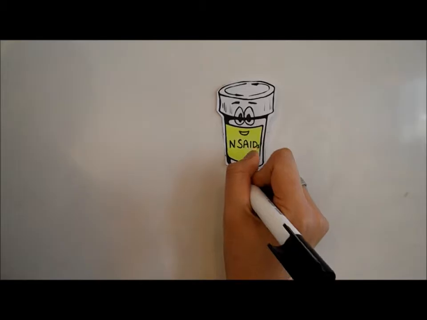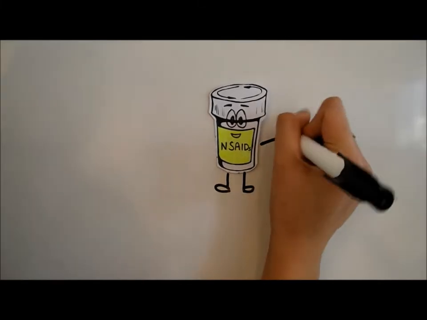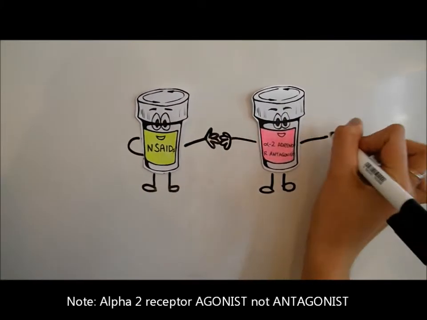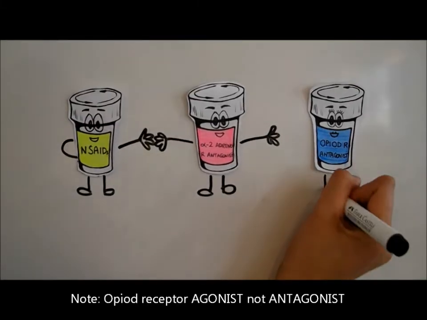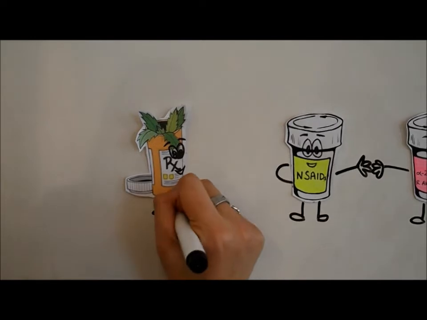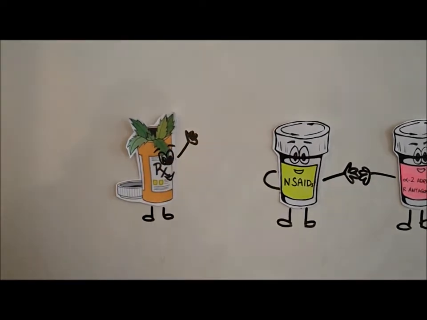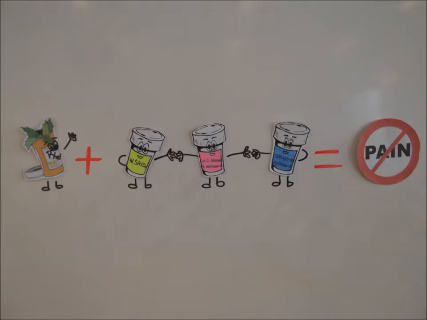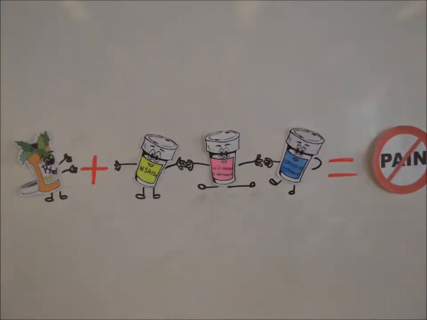Now, there is a rising interest in delta-9 tetrahydrocannabinol as well as other synthetic cannabinoid derivatives in terms of their ability to increase the effectiveness of other analgesic drugs. This phenomenon has been demonstrated with non-steroidal anti-inflammatory drugs, or NSAIDs, alpha-2 adrenoceptor and mu-opioid receptor agonists, that in combination with the cannabinoid receptor agonists have been shown to have synergistic and additive interactions attributable to a number of similarities between their systems.